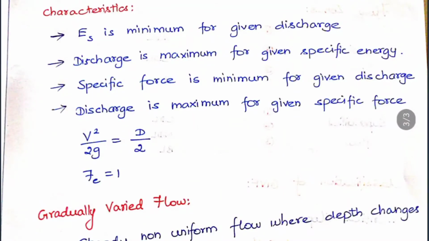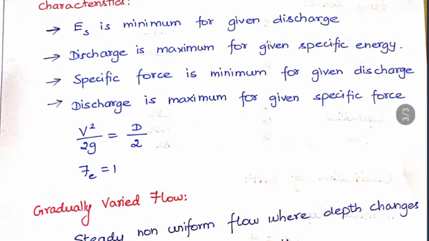In this chapter, the questions will be asked like this: a rectangular channel or a triangular channel with its dimensions will be given, and they will ask you to find the specific energy. Now we have the relationship, that is, the specific energy in a rectangular channel is equal to 1.5 times the YC. So you can find the YC first and multiply it by 1.5 to get the specific energy. How to find YC? For that also we have the relation YC is equal to q square by g, the whole power 1 by 3. We got the relation there, so we can use that relation.